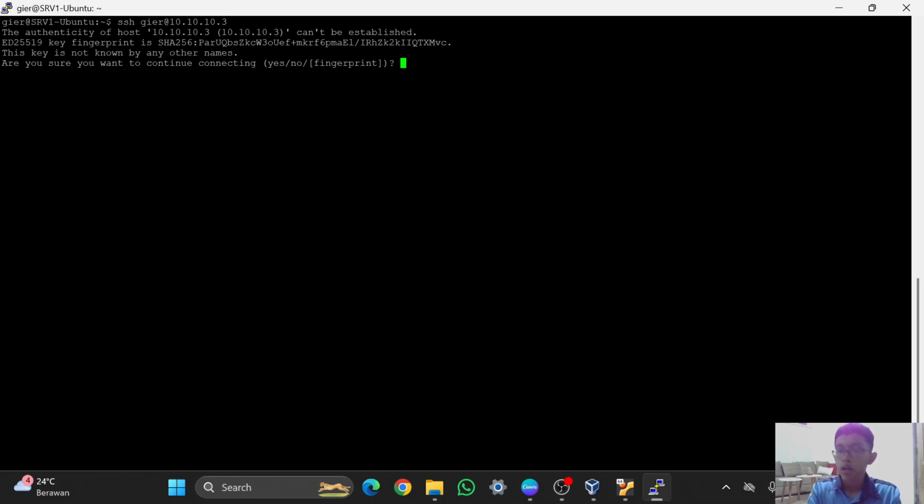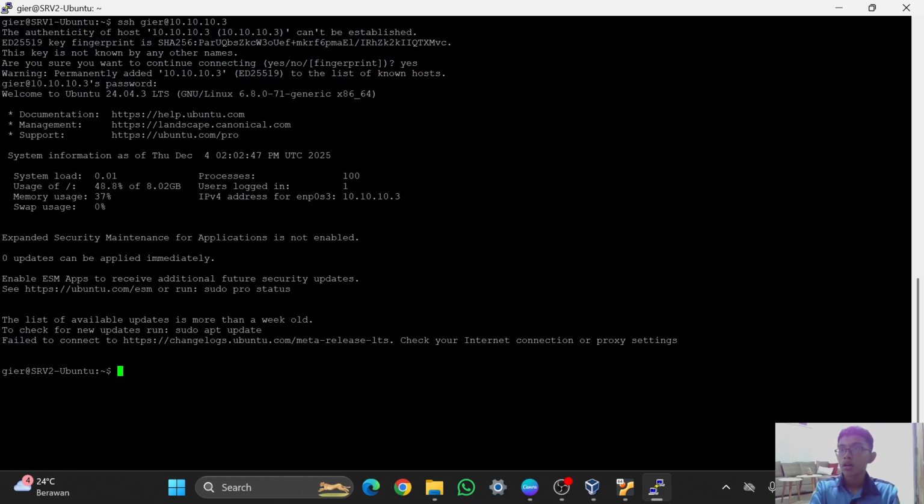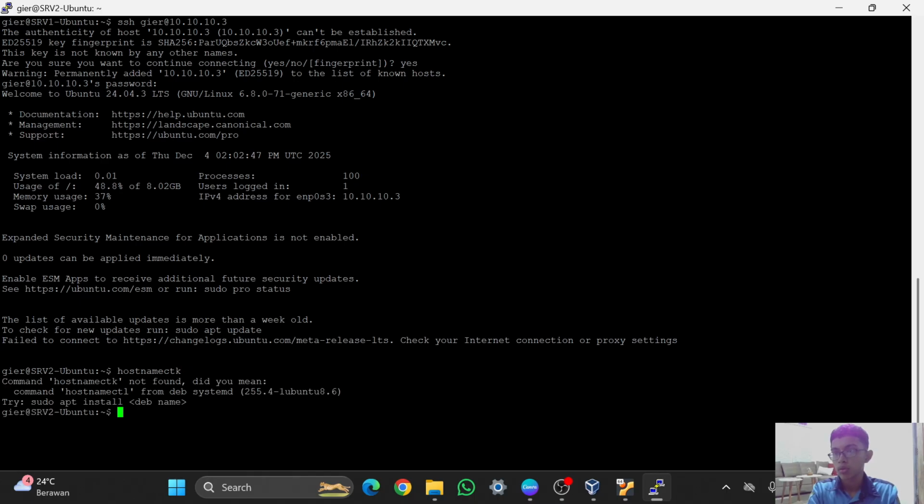SSH and the name of the user, then @, and the IP of server 2, which is 3, and yes, and then the password is this one. And right now I have successfully remoted server 2 Ubuntu. Sorry guys,